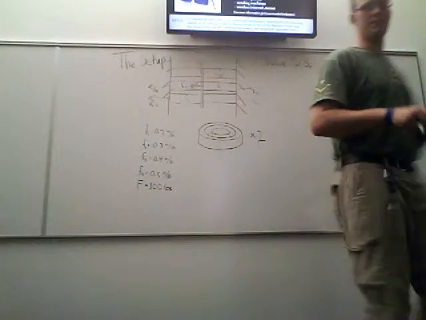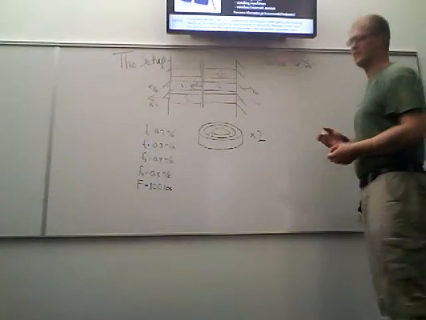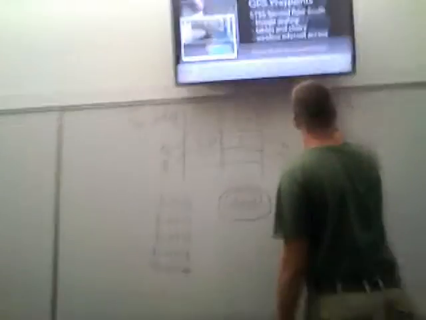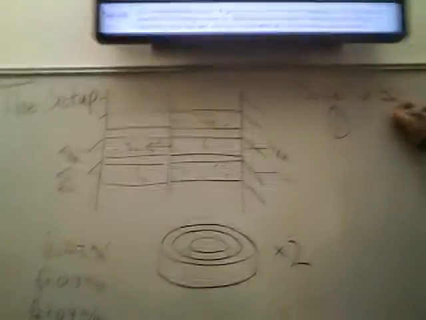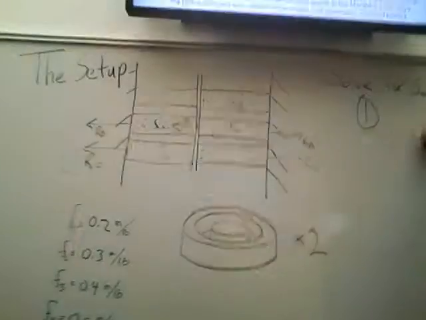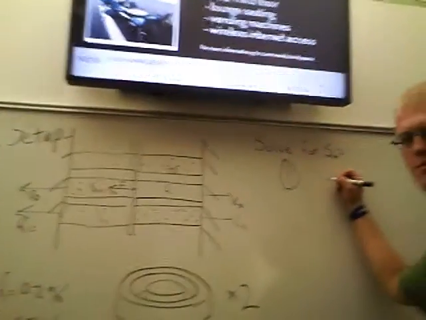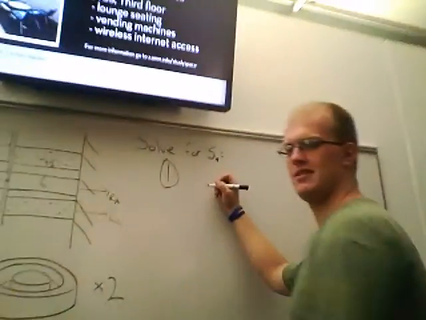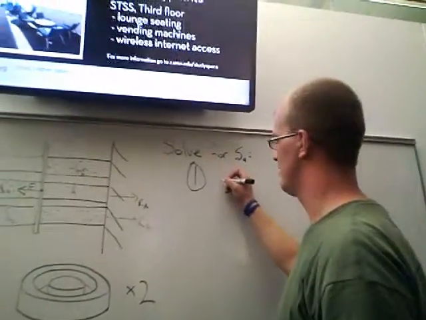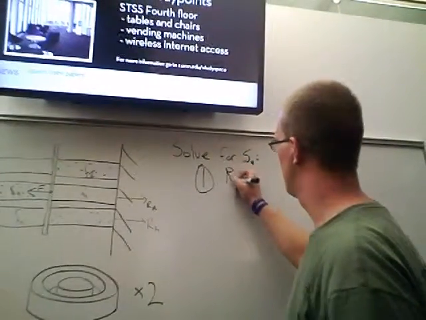Todd, you want to grab the camera so that we can actually see the variables when I write them on the board? Okay. So for our first equation, we know that we have to solve this for statics. You're probably going to want to point more this way so that you can see what I'm writing. Anyway, for our first equation, we know that RA